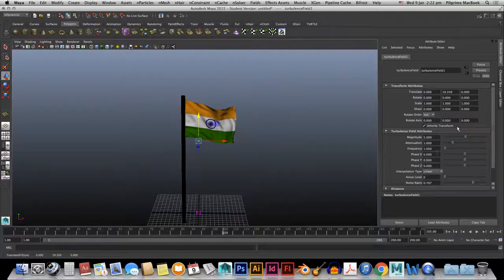So you can play around with these turbulence field attributes to get a good result. As you can see, the turbulence field magnitude is by default 5. So I will just increase this value to 8 because I need some amount of